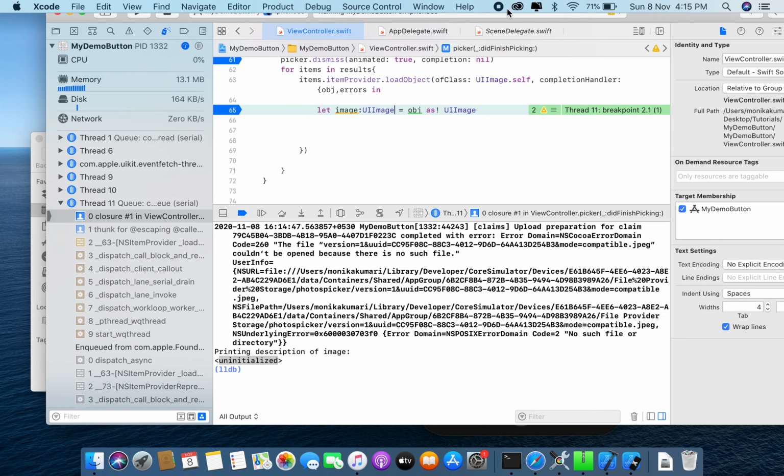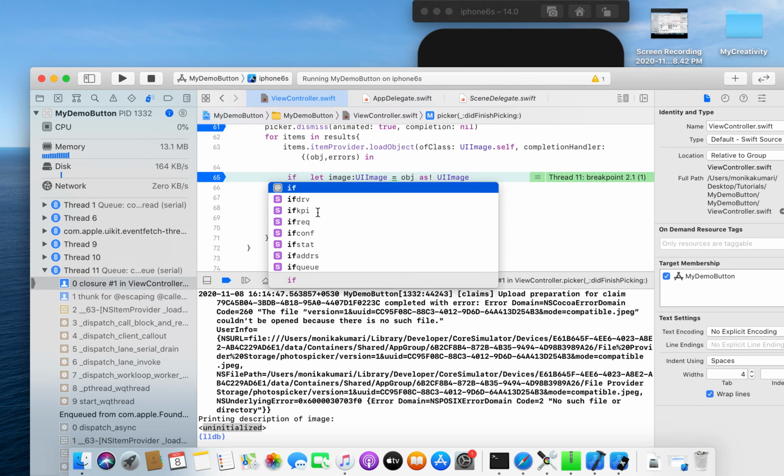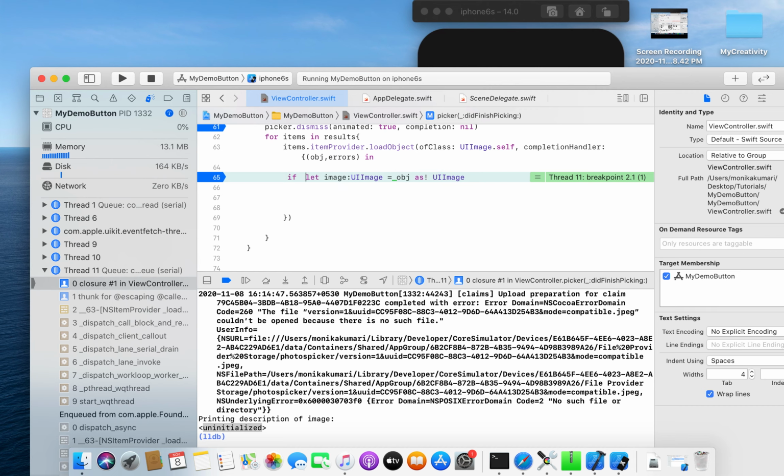First of all, I need to put these two things inside a bracket. The next thing is that I will use if let image is equal to UI image, like this, object as question mark UI image, then my image will come inside this.